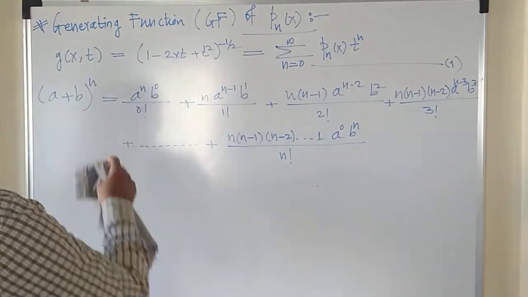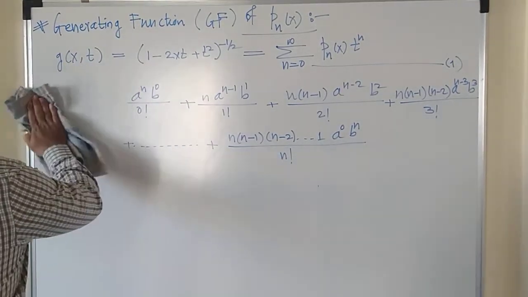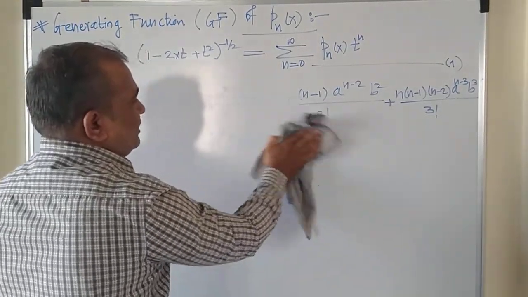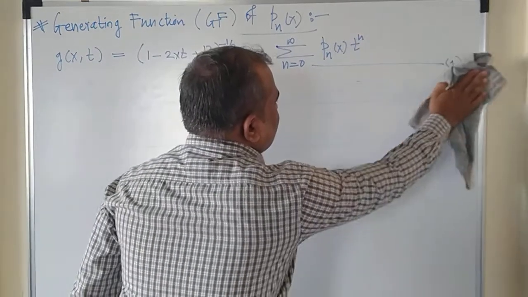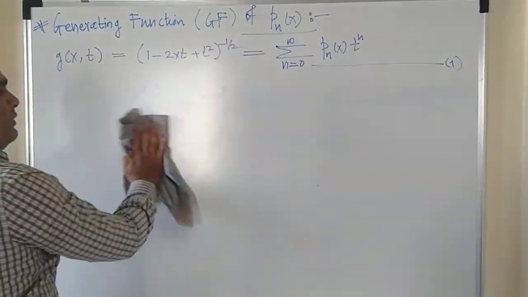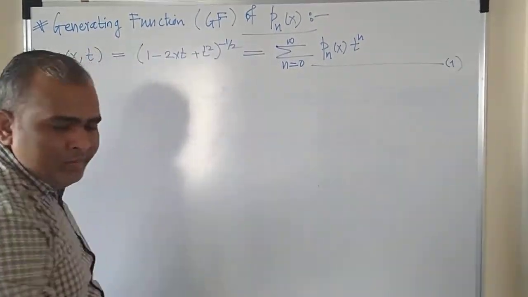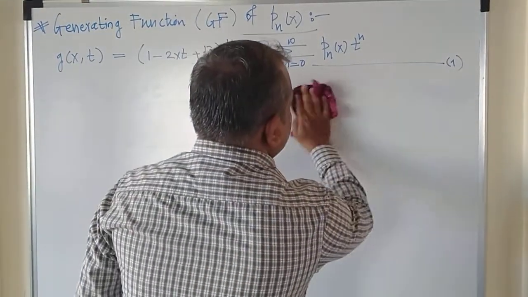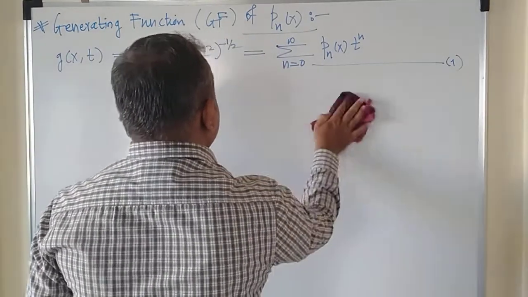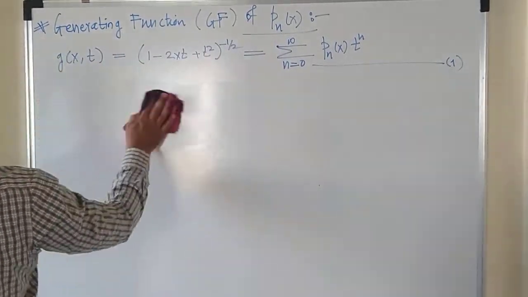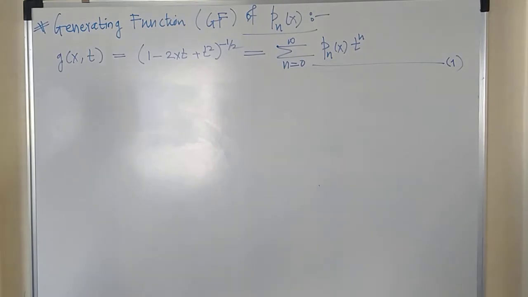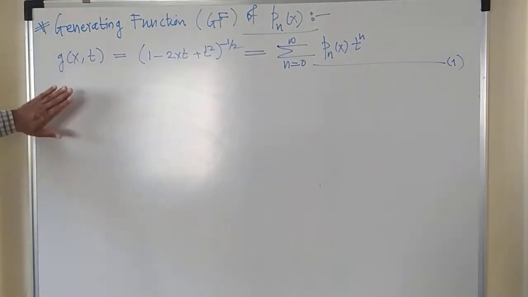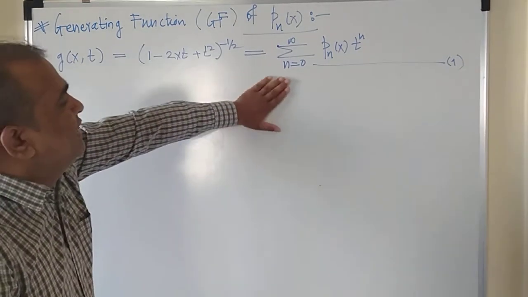I will just rub it out and then we will apply it to obtain the Legendre polynomials, so that I have some space over here. Now let's obtain at least the first 2-3